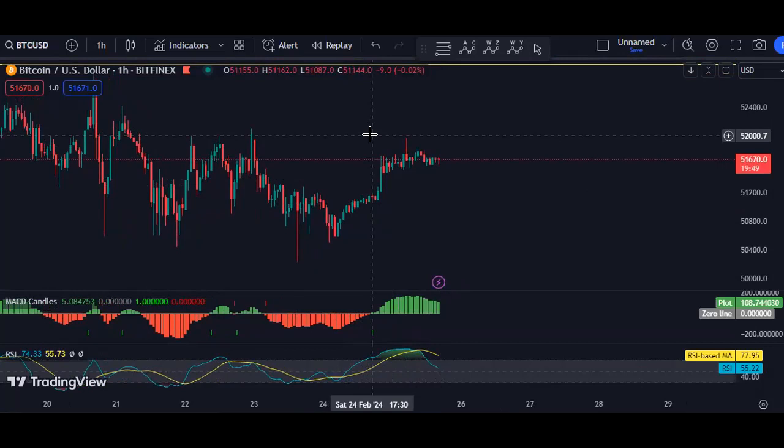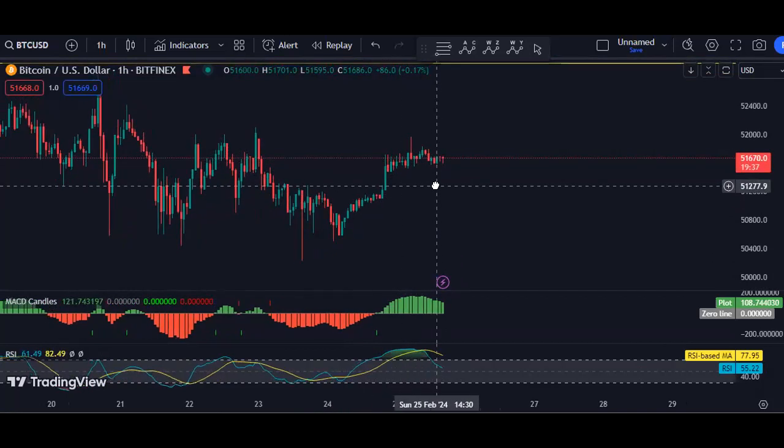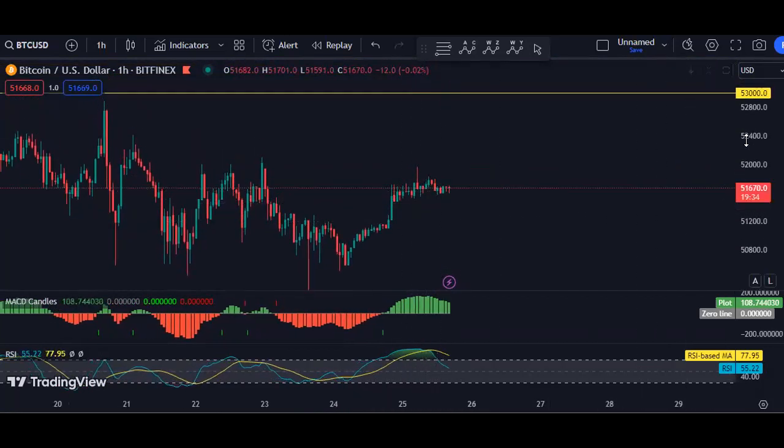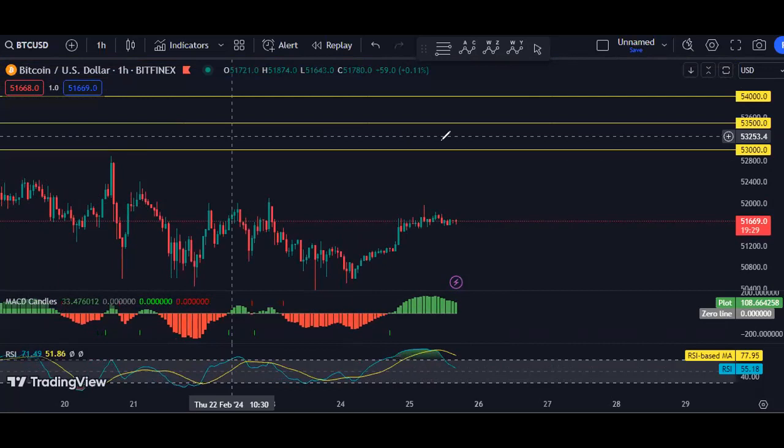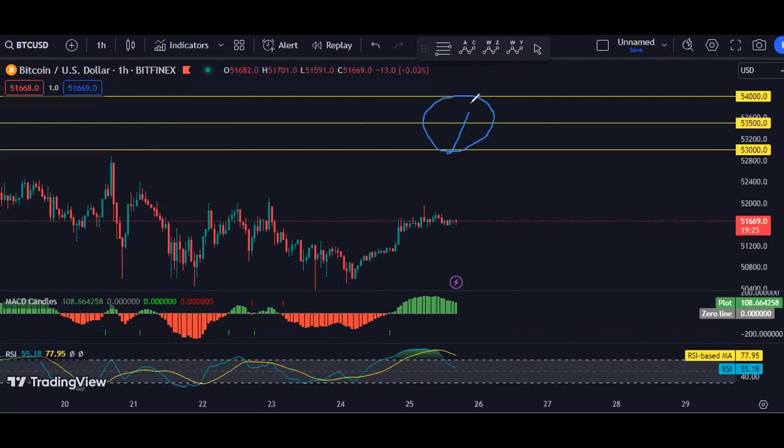If I want to put my entry above this top, then I want the price to sharply tag, break, and continue. If I see there is no continuation, I will not keep the trade more than 2 hours. This is not a really good trade setup, but at this point, if I get any opportunity for buy, I consider it short term. Then the breakout of this zone is what I'm looking for. With the breakout of this zone, we can expect the price to tag the all-time high. That's why I'm expecting this to turn into a deeper correction. Any opportunity for buy from here, I consider short term for one move up. Then from there, we can expect the next drop.